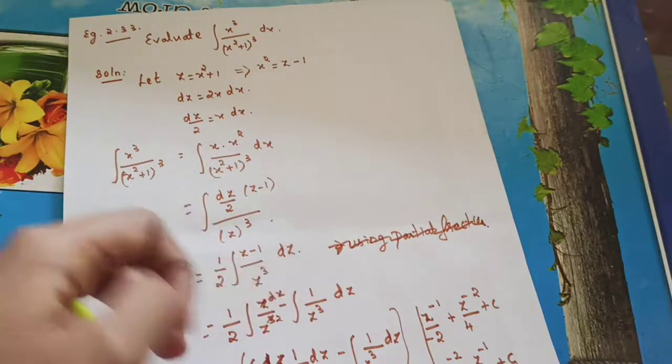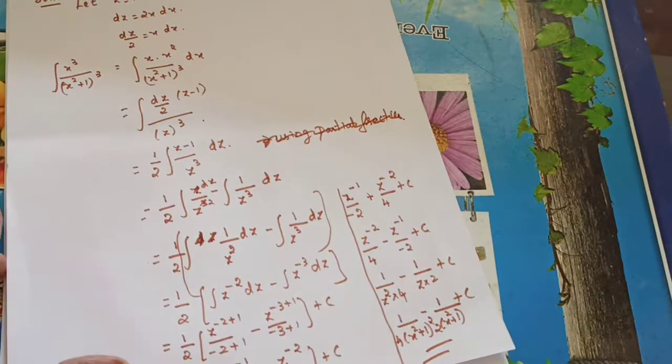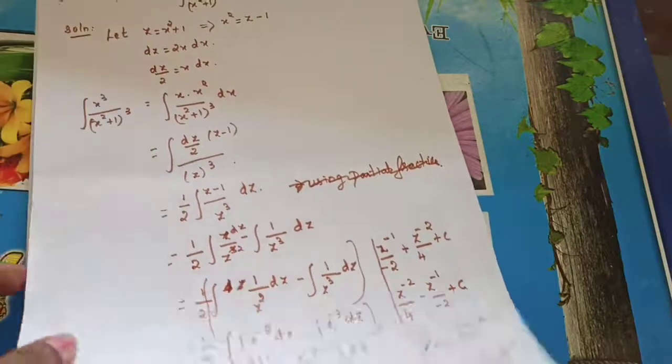integration into 2 parts. Okay. Then I integrated separately. Afterwards keep it in mind, 1 by 2 is outside. So you need to bring it inside, plus term first, subtraction symbol next. Okay, got it? I hope you got a good idea. Let's move to the next problem.